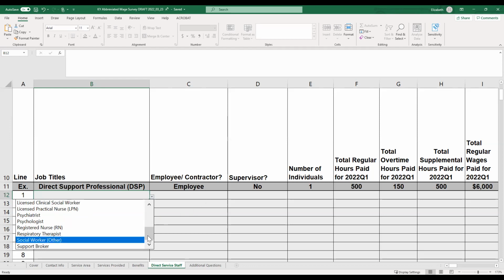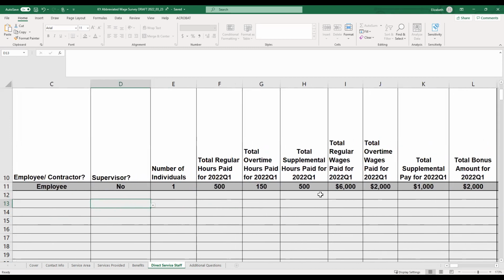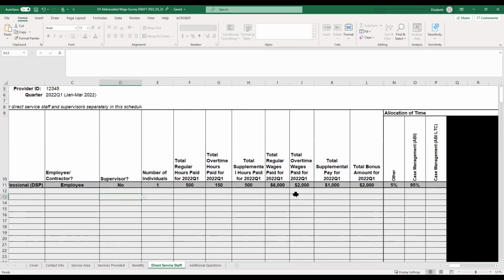Okay, so if you're just a personal care agency or whatever it might be, and you're not expected to have a case manager, you can still add a case manager line here. And then we capture whether that person's a supervisor or not, how many individuals you have. So scroll over, let's look at it. Overtime wages, bonuses, and then